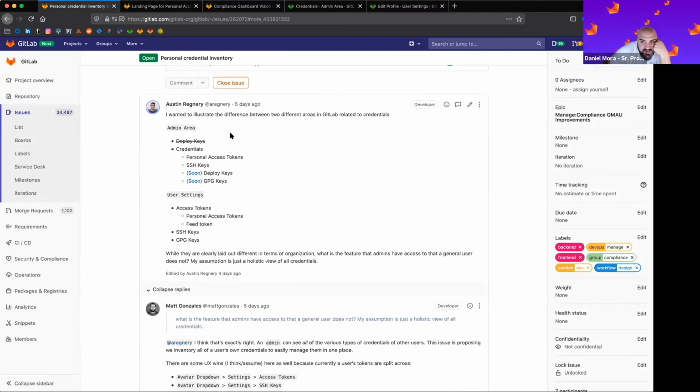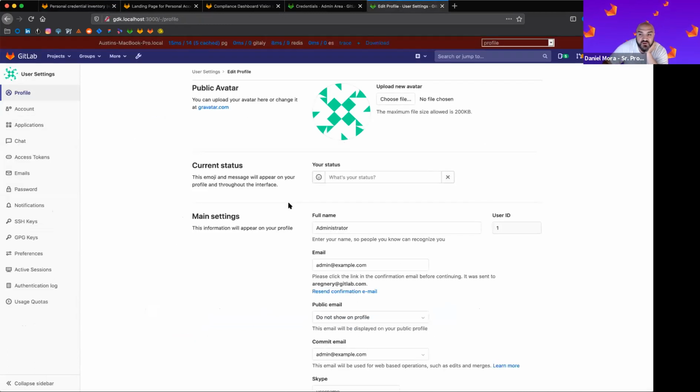Well, I was thinking for the sake of consistency, if you were to go back to the user settings and create a screen that says credentials or access, or whatever you want to call it, instead of having SSH and GPG and access tokens all separate, you throw them all in one place. In the other perspective, if you go to the site admin setting,